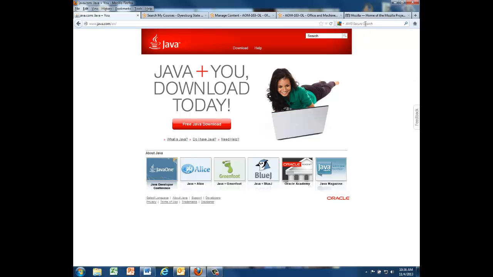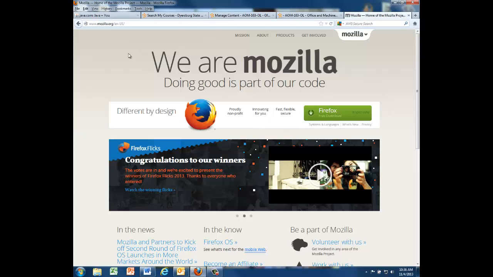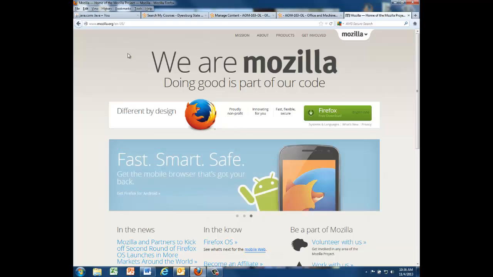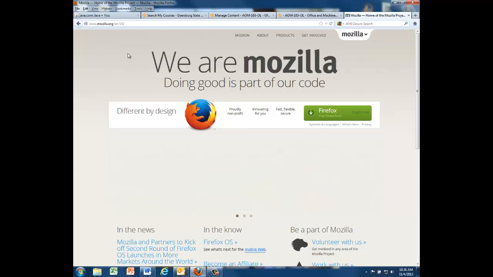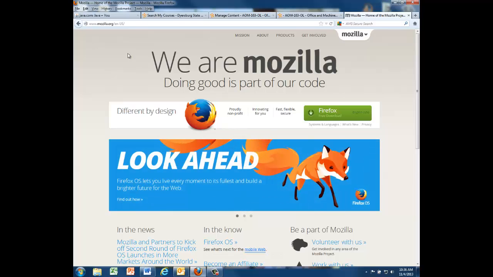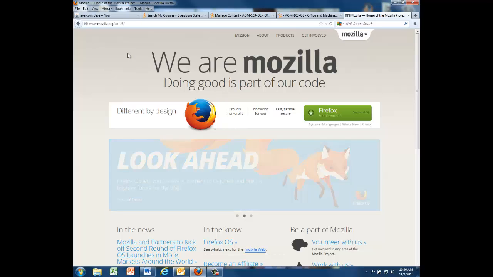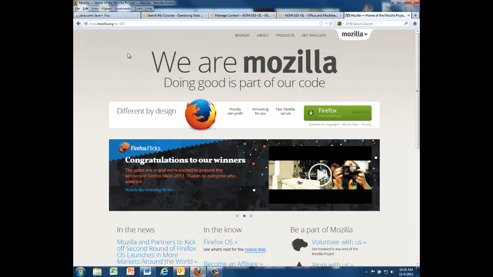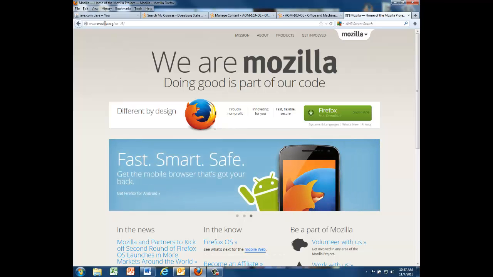The next item that you need is the web browser Mozilla Firefox. Mozilla Firefox, like I said, is a web browser. It's like Internet Explorer or Google Chrome or Safari if you're on a Mac. But you need Mozilla Firefox to work in the 10 key mastery program. The 10 key mastery program will not work in Internet Explorer. Notice on my screen, in the top left hand corner, you can see I'm using the Mozilla Firefox web browser